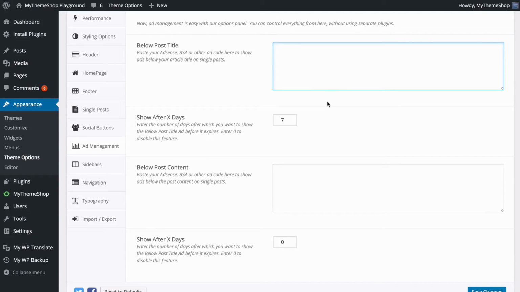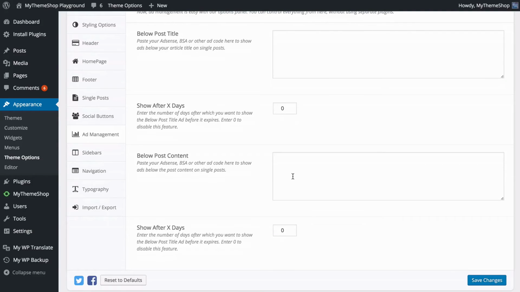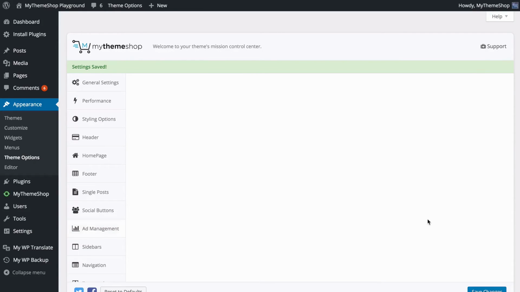You might want to do this in order to make sure that regular visitors don't see adverts on your site, but those coming from search engines do see those adverts. You can set this to 0 to turn that off, and you've got the same options for below post content, which is the second ad area. You can just add a number in here, and you can set this to any number that you would like, but 0 turns that off. Once you've got your advert set up, you can save those changes, and next up we can have a look